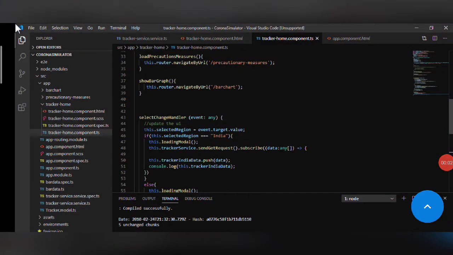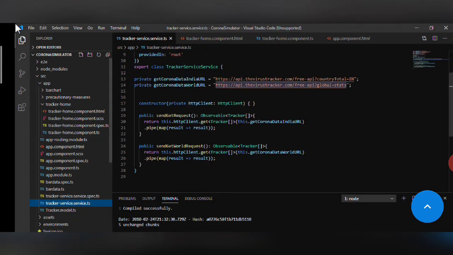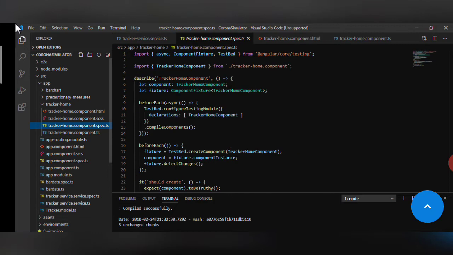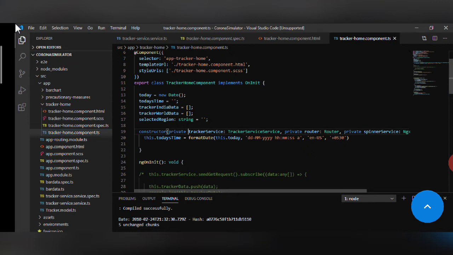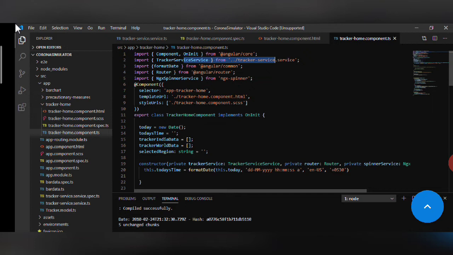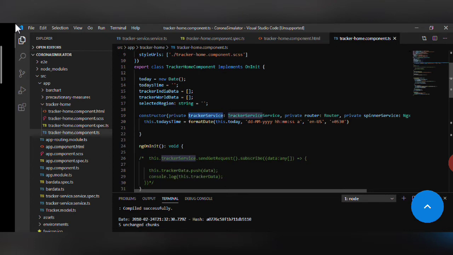For calling the data from the backend or a ready-made API to our frontend, we use a service in Angular. To call that service, we have to make a service file separately, like here, that is tracker service.service.ts, which will be a TypeScript file. Now when we use that service name, we have to inject it into the constructor, as all services use constructor injection in Angular. So I am importing this tracker service from that path and using it in my constructor. I am creating that object value, which will be used to call the tracker service methods.